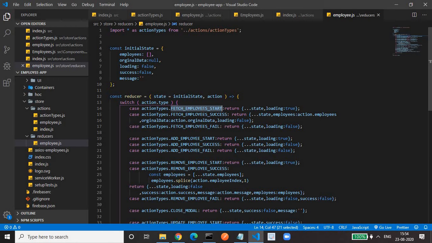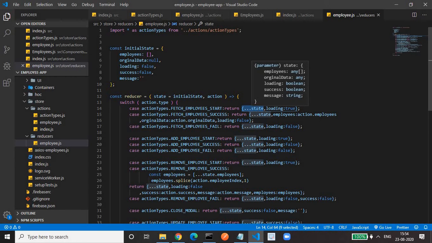When our employee page is loaded for the first time, we need our loader. That's why we are making loading true. And if we are changing something, first of all we have to copy the whole state. We usually update our state immutably. That's why we have to use the spread operator.